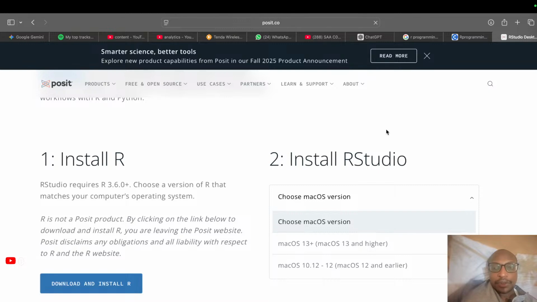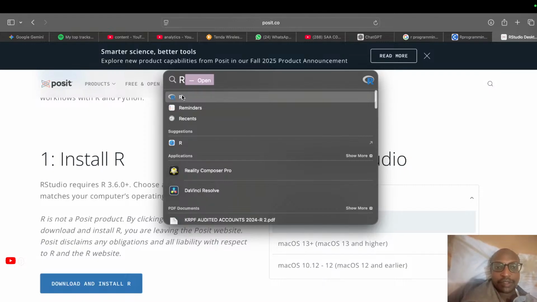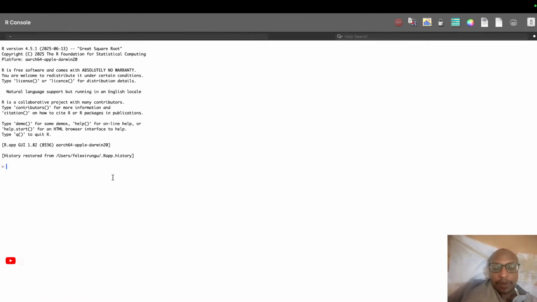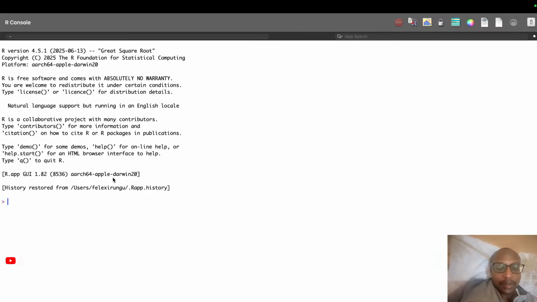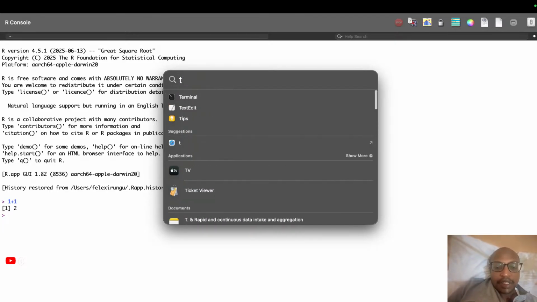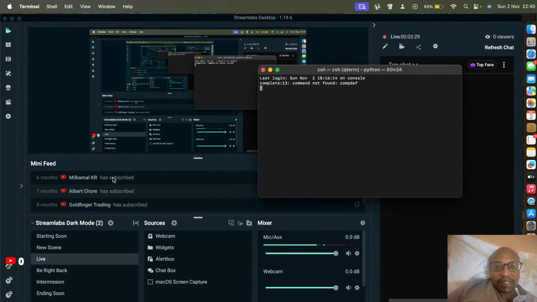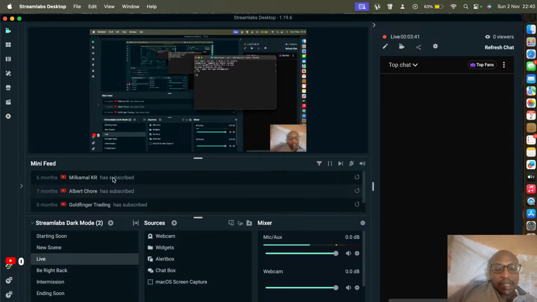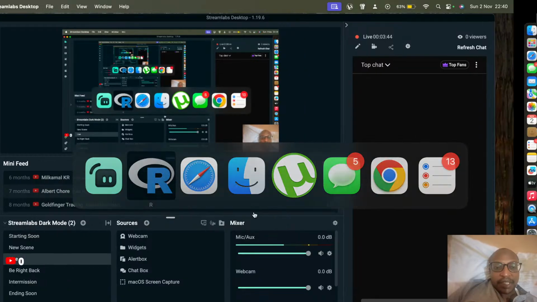So let me download AL, you will have it like this on your machine, and it can do whatever any programming language can do. Like, I have Node.js here. It can do what Node.js does. So AL is just a programming language,